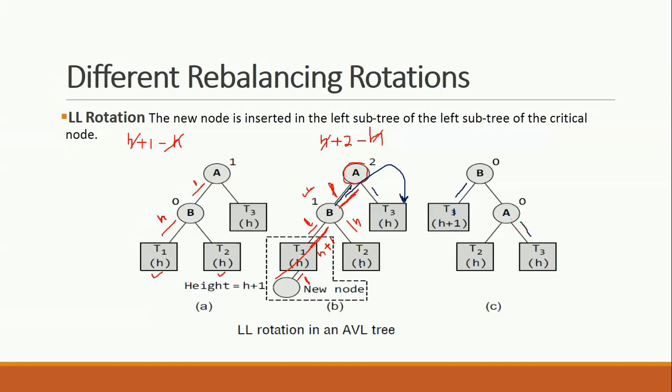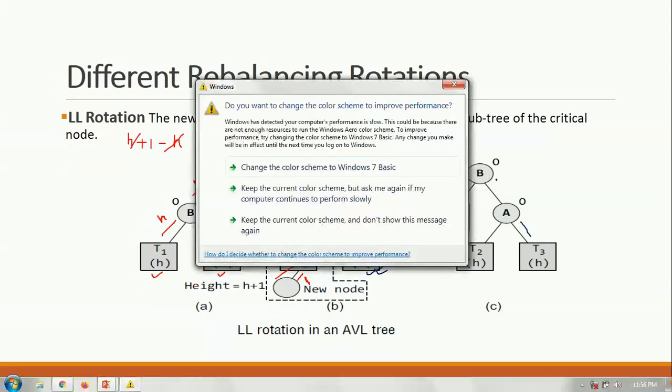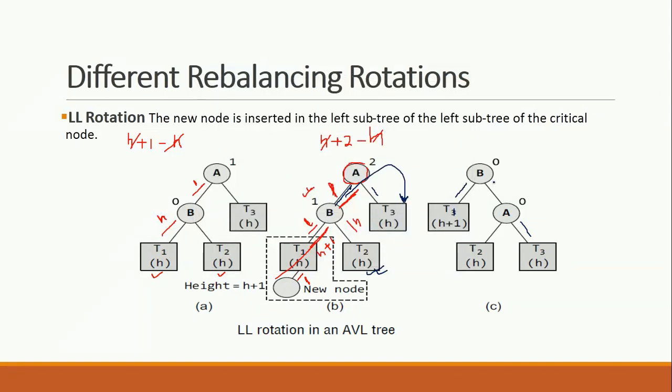Now what we can do about this particular subtree is, it is the right of B, left of A. That is the right subtree of B, but the left subtree of A. So you can insert it here, as the right of B and the left of A. That would be the final consideration that you have to do. That way you can insert T2 here. So that is an LL rotation. We'll see an example also for more clarity.